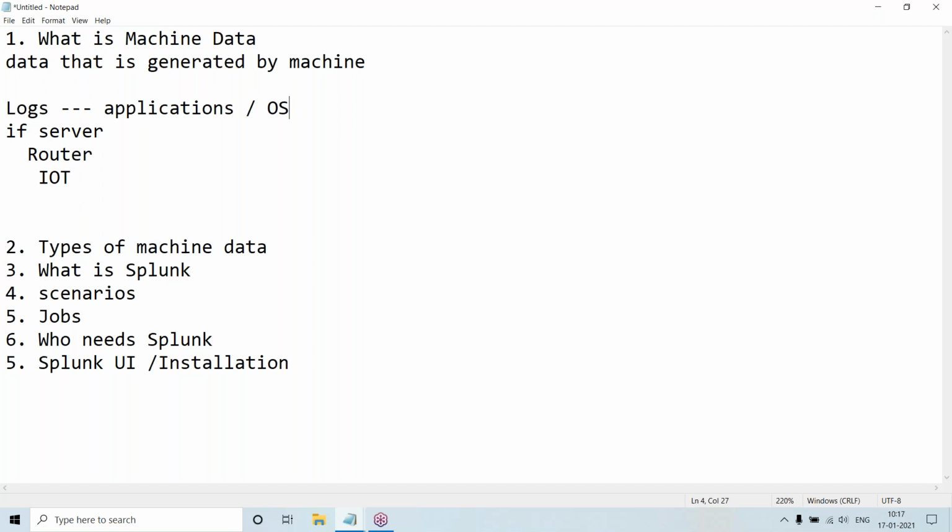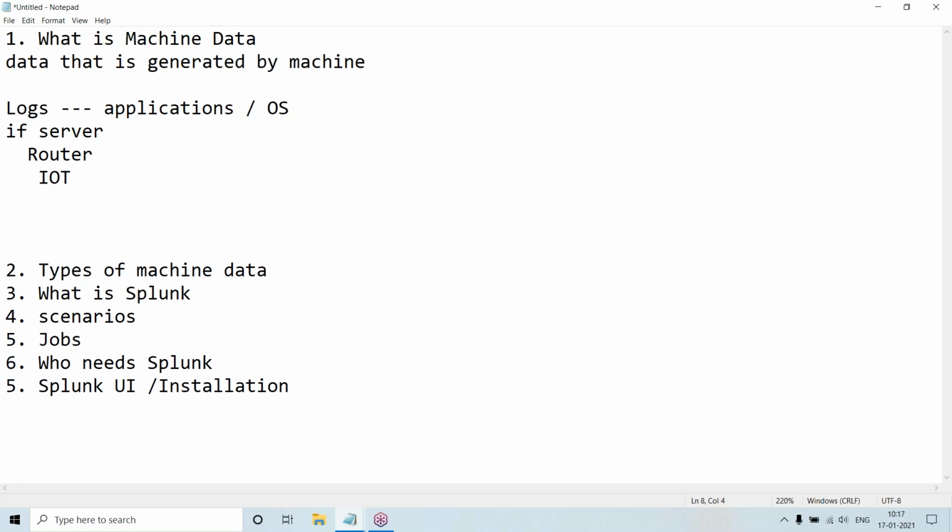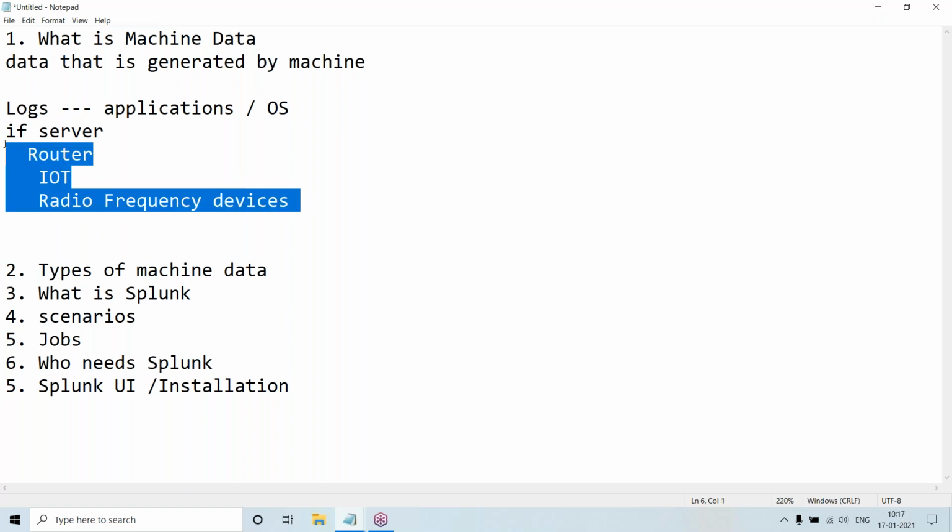It depends on the device. For a router it will be different, for an IoT device it will be different, and there are also devices like radio frequency devices. So the pattern we get from each will also be different.